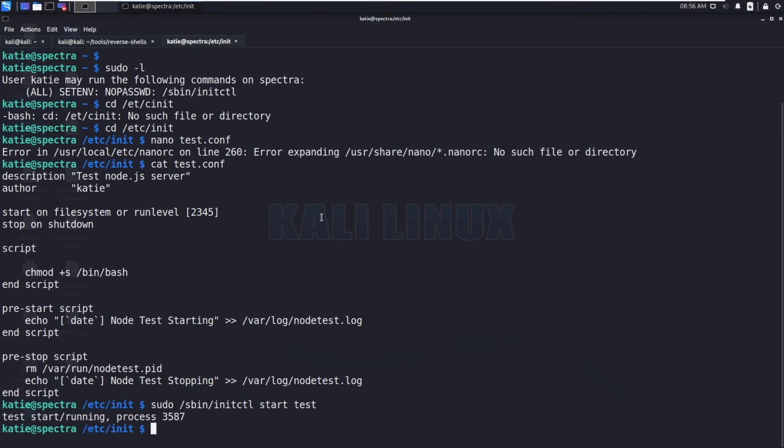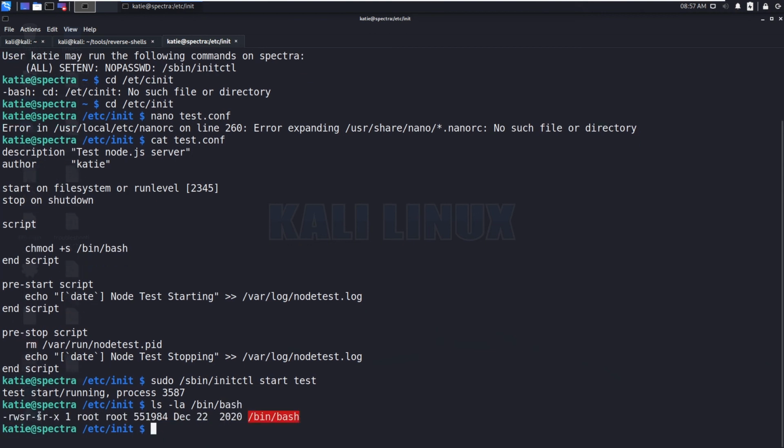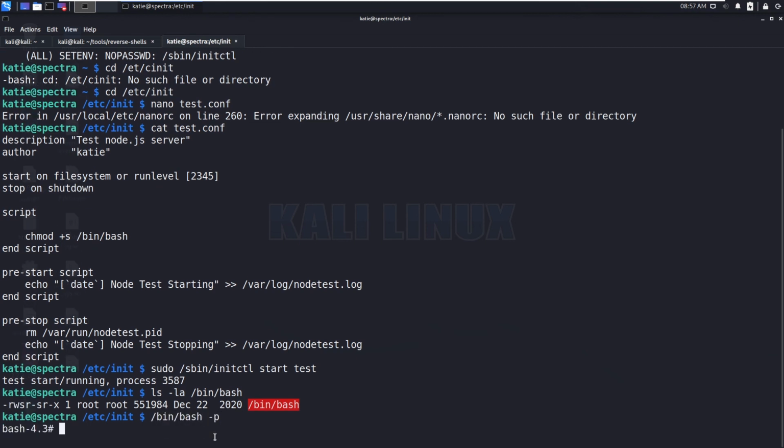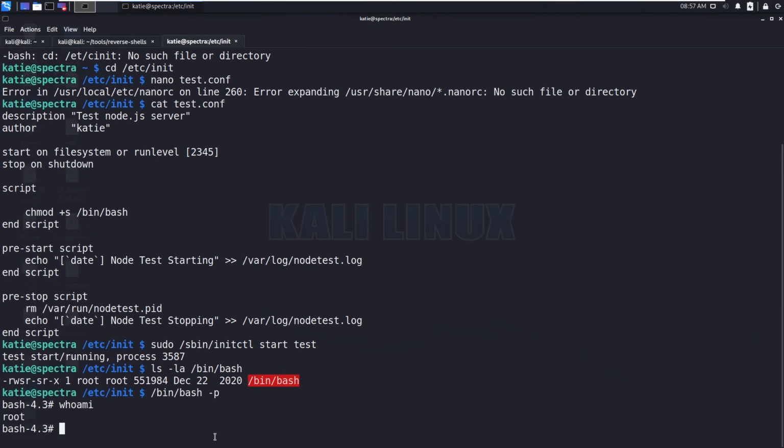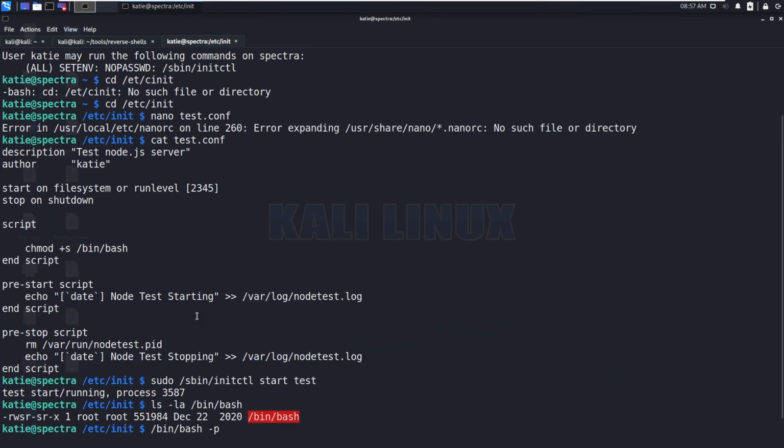I think this command got executed under the context of the root user. ls -la /bin/bash. Now we can see the S bit here. Now we can run /bin/bash -p and we got root. Who am I? Root. Sorry for the mistake.